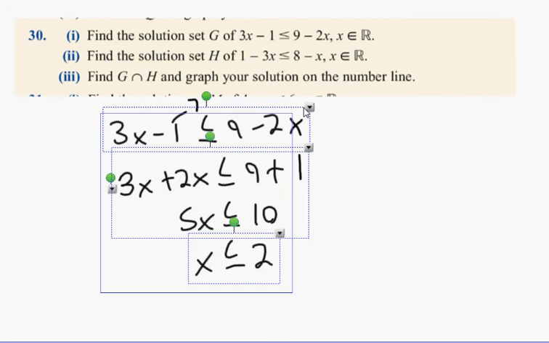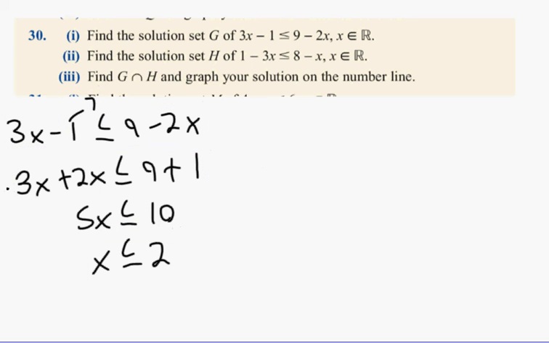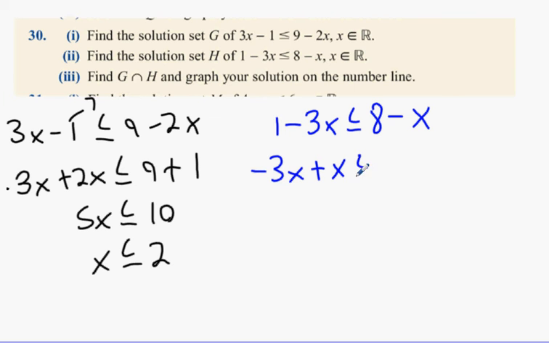So that's the first part done. That's part 1. Now we're going on to part 2. 1 minus 3x less than or equal to 8 minus x. Bring the x over to the other side, minus 3x plus x. Bring the 1 over to the other side, and we get,